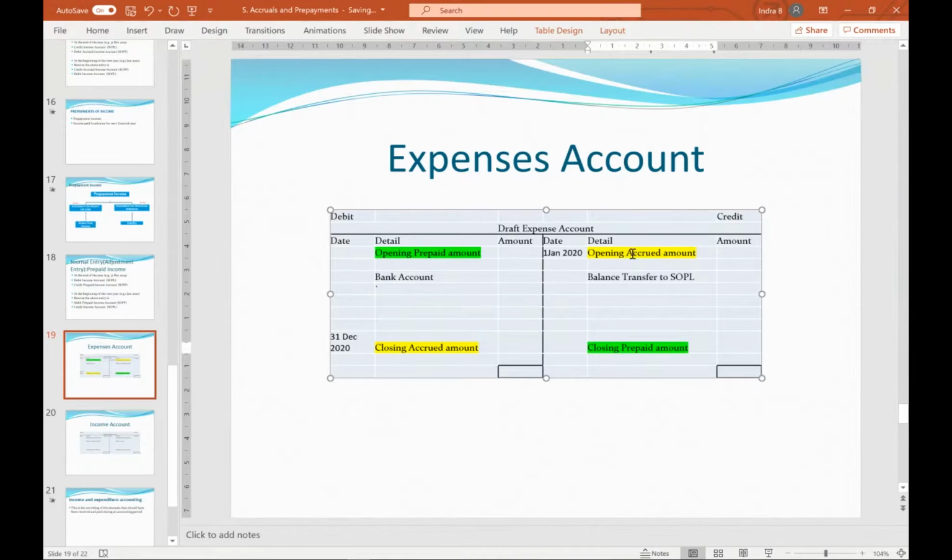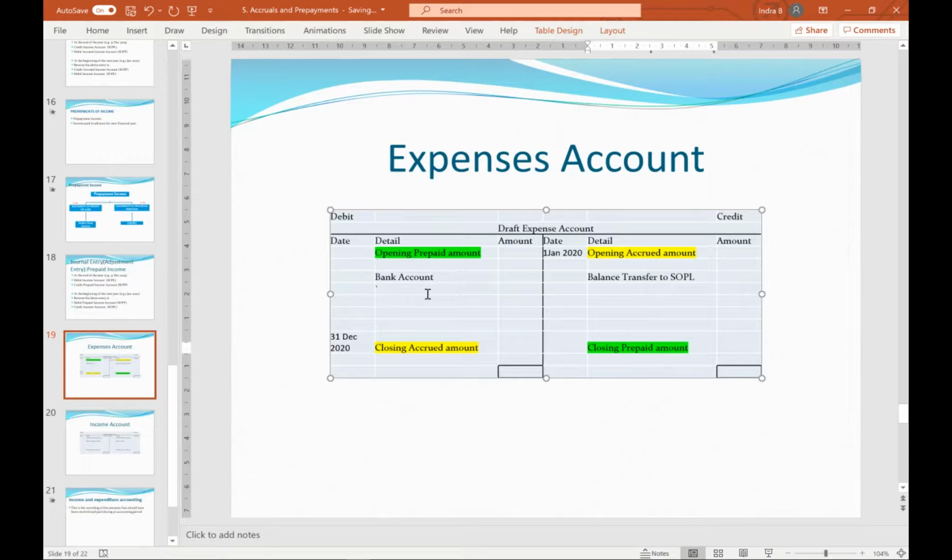Okay, so one of yellow will be there, one of green will be there. So we'll put them on the right side. Sometimes in the exam it may happen that these two things are coming on the same side. All right, so then we'll have to put them here on the same side, and we'll have to then what